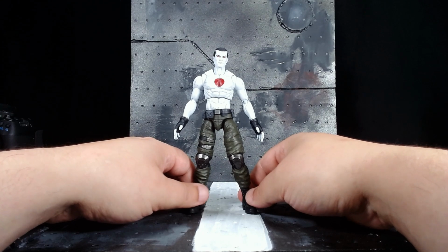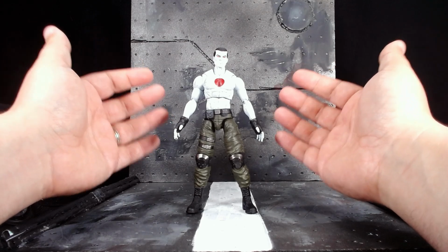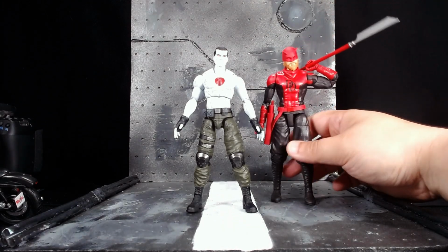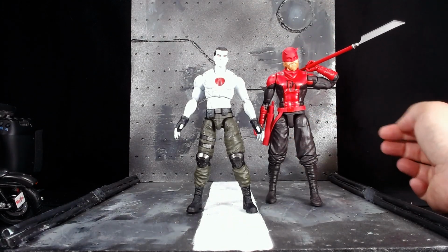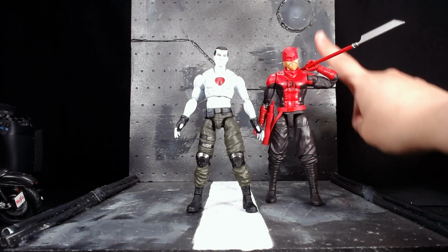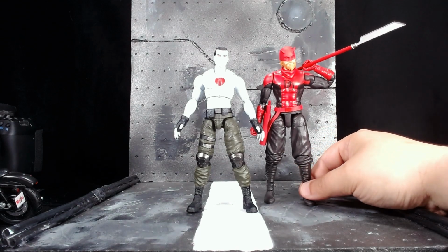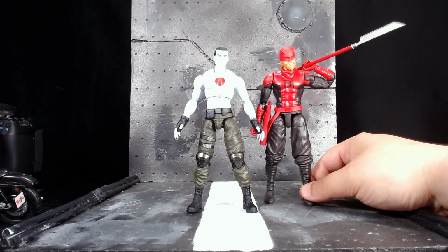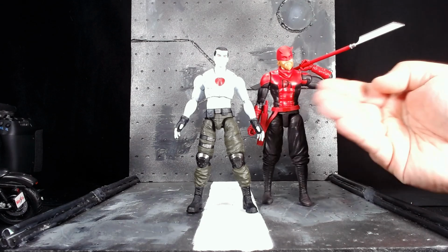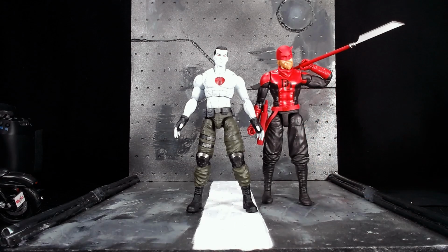And we got some issues. Let's talk about the most glaring issue of all, and that is honestly his scale. Here is the Daredevil figure I just recently reviewed. Which, hey, check out the review for this Daredevil figure. And Bloodshot's supposed to be 6 foot, like 6'6". Yeah, we got a problem here. He is into his, I guess you could call him true 1/12 scale, but